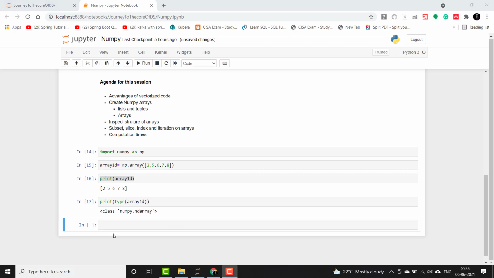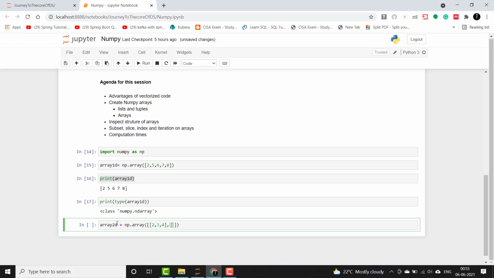So let's see how to create a NumPy 2D array now. I'll name it array 2D, and it will be again np.array. But in the case of a 2D array, we need to give a list, and inside we need to give two lists, separated by commas, so that NumPy is able to identify that it is a 2D array.